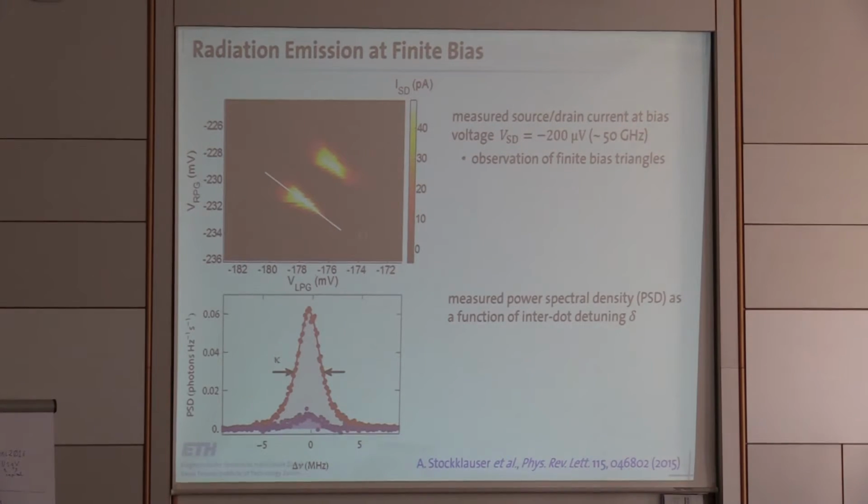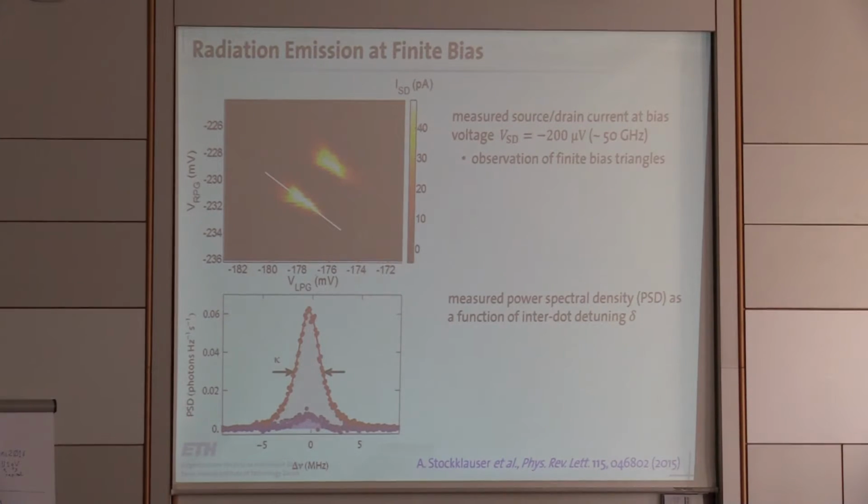Good. So what is the experiment on this radiation emission that we did? And I have to wrap up. Here you see some finite bias triangles on these semiconductor quantum dots. These are two triple points, and around the triple points you see these finite bias triangles. Now we set ourselves on one of these bias points, and we look at the emitted radiation from the cavity. We do that without applying any signal to the cavity, and we just listen to it. So there's current flowing through a double dot, and there are electrons tunneling inelastically. These electrons create